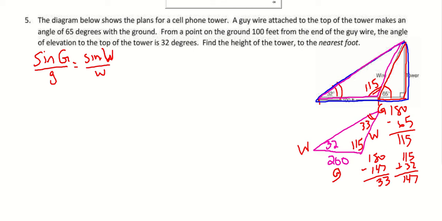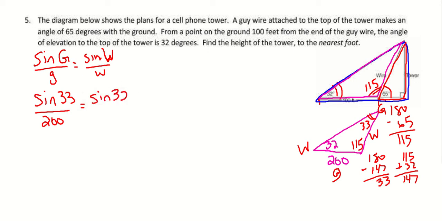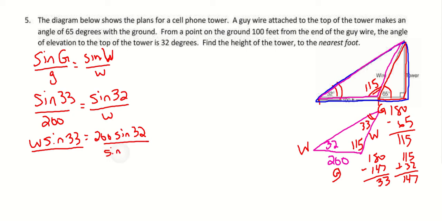Okay, so angle G we know is 33, so this is the sine of 33 over, and side G for the ground, remember it was 200. And then the wire we don't know, but we do know the angle is 32, so the sine of 32 degrees over a little w, okay? We cross multiply, w times the sine of 33 is equal to 200 times the sine of 32. And then we're going to divide out both sides, and we'll end up with